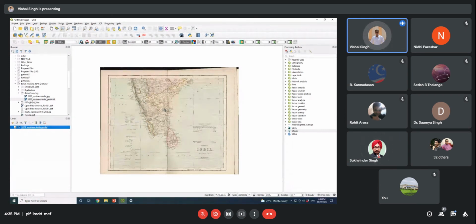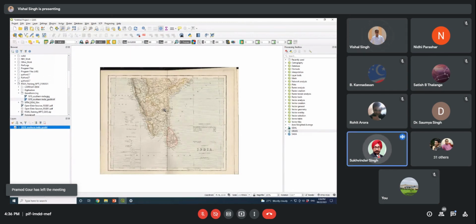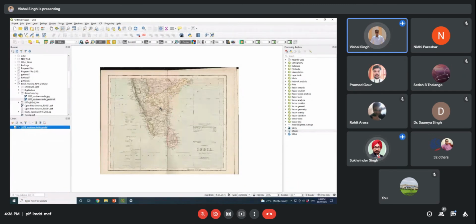Because the angular unit is in degrees, you cannot calculate those things. For measuring calculations, you need to convert the geographic to the projected coordinate system. Only then will you be able to calculate the length of the canal or the area of the boundary. My purpose was to highlight the difference between the geographic and projected coordinate systems: if your map is in the geographic coordinate system, you cannot derive attributive information. Understood?